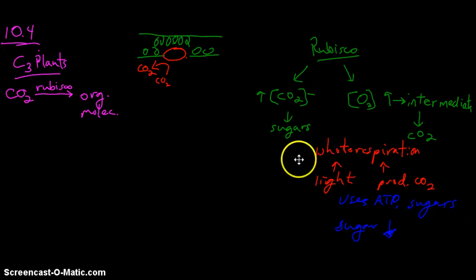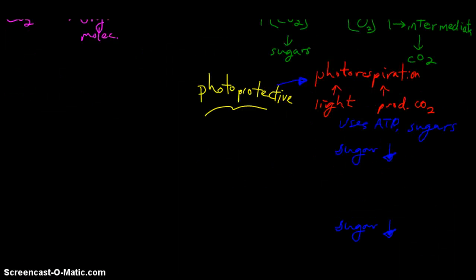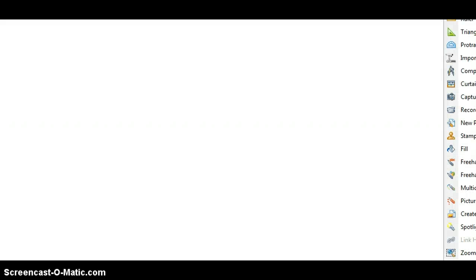The thought behind this, though, the evolutionary purpose of this process, is the photoprotective role of photorespiration. The thought is that going through this process prevents the buildup of products from the light reactions that could be damaging to the cell. Now, looking at this from the viewpoint of another category of plants,